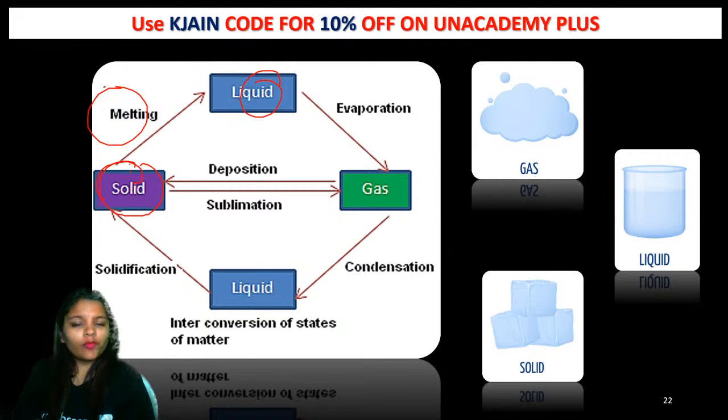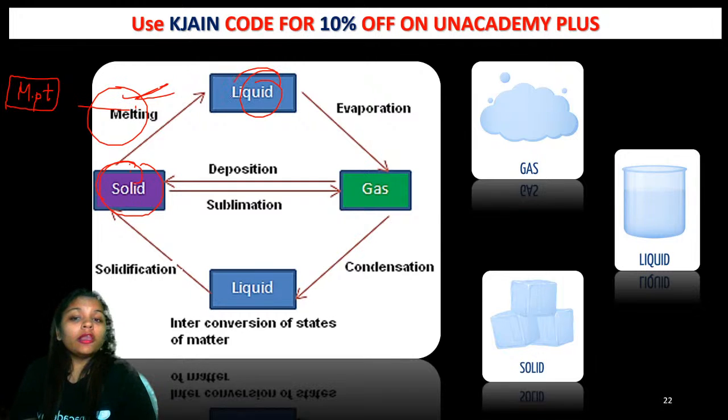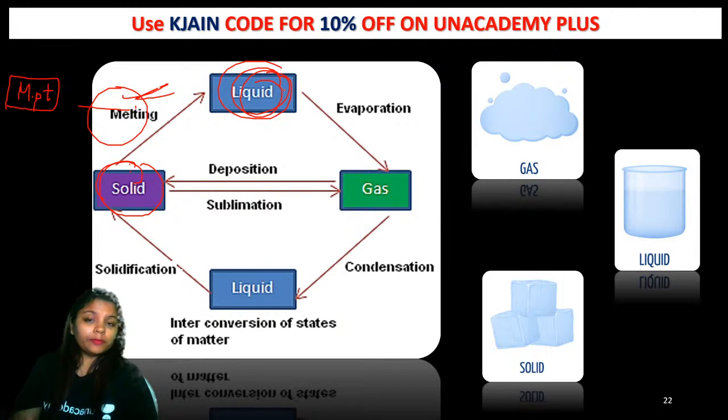For example, when you take ice and increase the temperature, after some time you find that the ice becomes liquid water, right? So this process is called melting. And the temperature at which a solid melts into a liquid is called the melting point. When we heat a liquid, at a certain temperature the liquid is converted into gas. This is called evaporation or boiling. Boiling is a more correct word as compared to evaporation, because evaporation does not need heating, but boiling does.